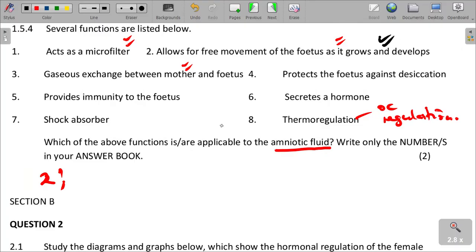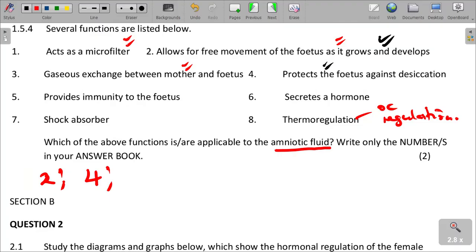It also allows protect the fetus against desiccation. We're saying drying out. It avoids drying out of the baby, which we are saying again is what? It's number 4, which is correct also. And then